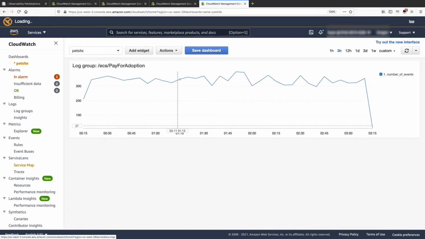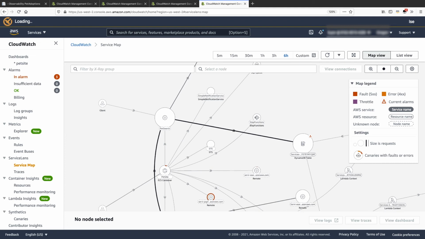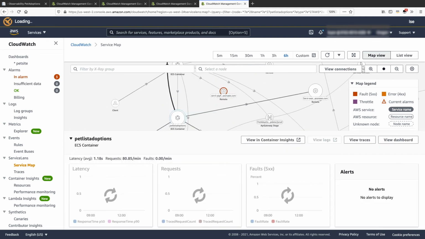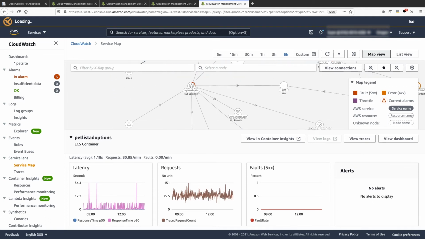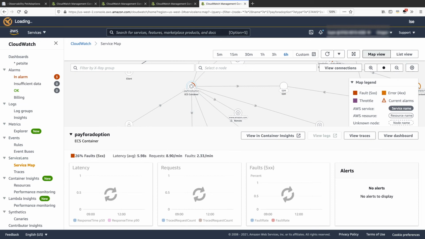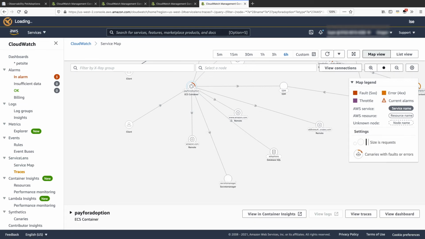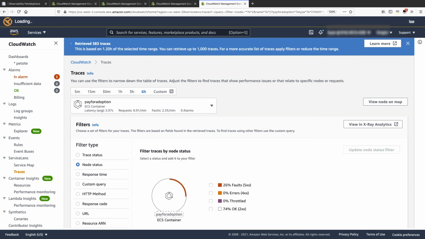You just looked into metrics and logs, and you wanted to figure out the root cause. We need to go back to the service map to navigate further. This time, you want to know what exactly caused the end user problem. Click Pay for Adoption service and click View Traces. Select Node Status.